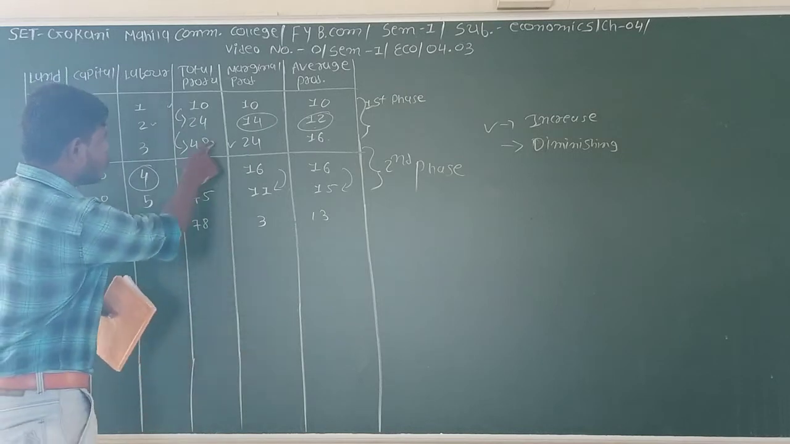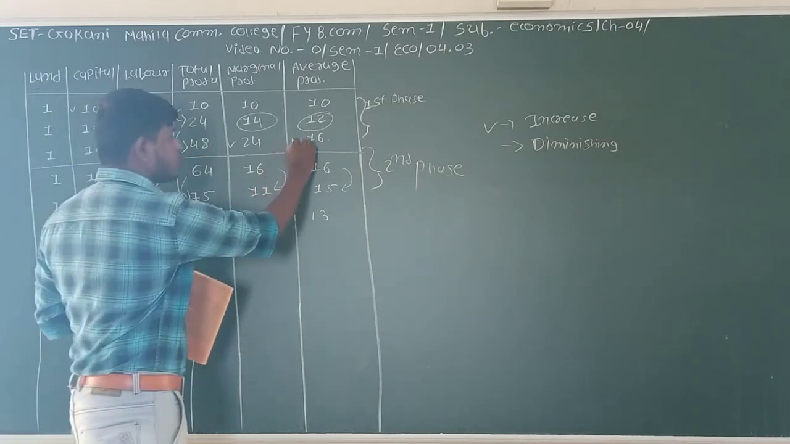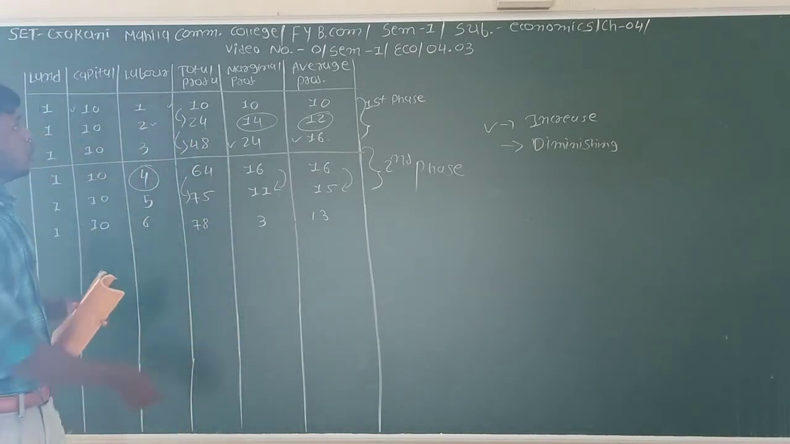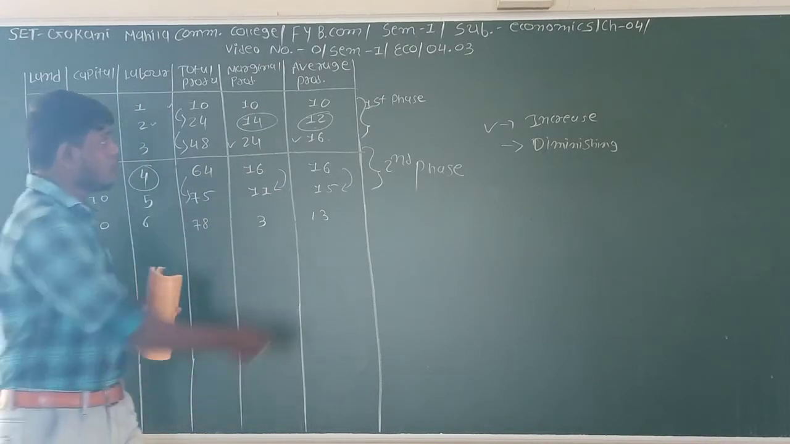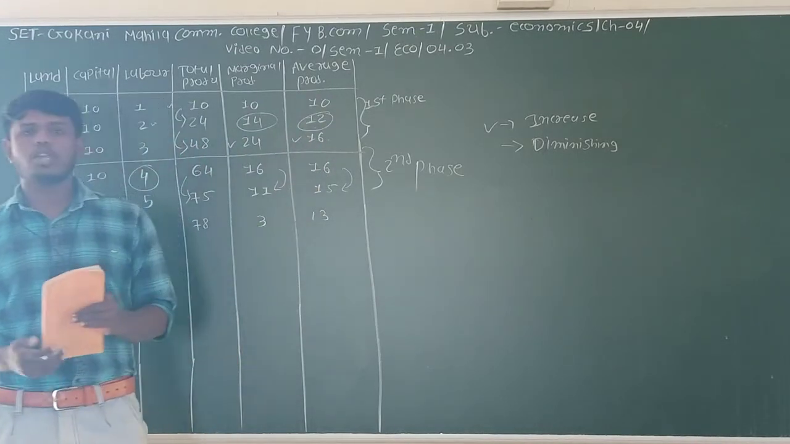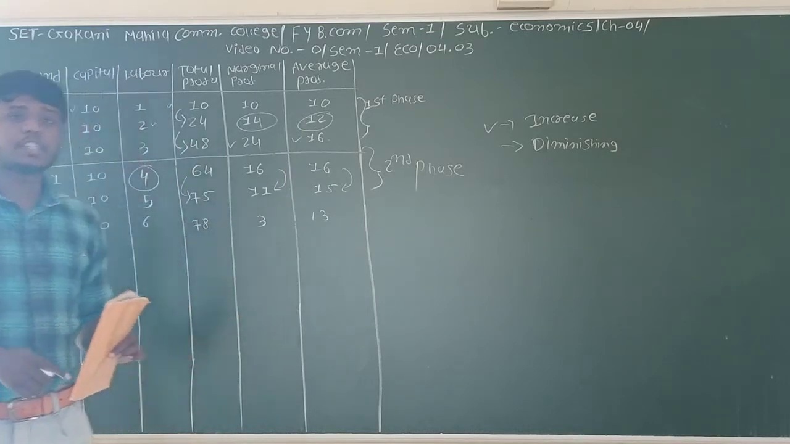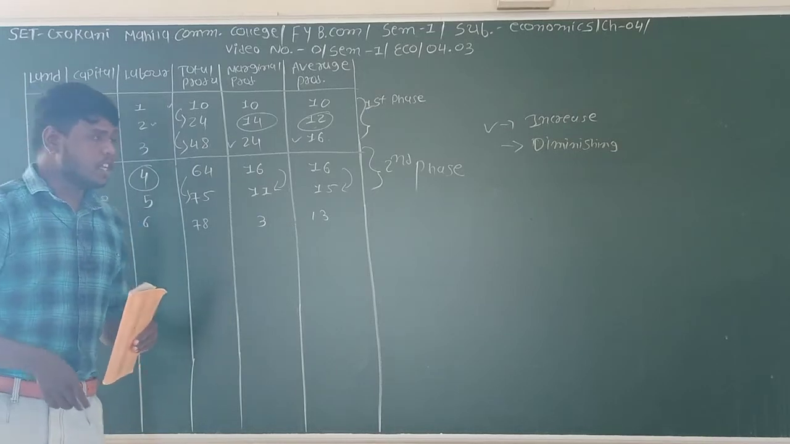After that, 48 divided by 3, at that time also you will get 16 units of average production. So here your marginal production is in the incremental state and your average production is also in the incremental state. After that, if we take the example of the second phase, the second stage, which is the diminishing stage,